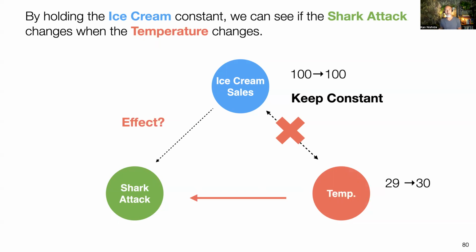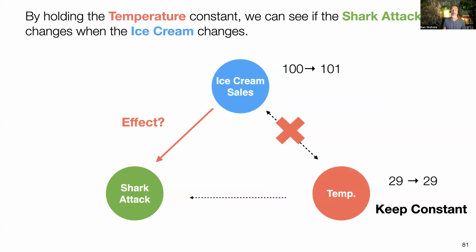Let's say the temperature increases, and on those days, does the number of shark attacks increase or not? Or the other way around: for example, the temperature is the same on certain days, say days around 90 degrees, where you probably have the same temperature. In that case, do ice cream sales increase and shark attacks also increase or not? If every day is 75 degrees, and ice cream sales go from 100 to 200, and the number of shark attacks increases,